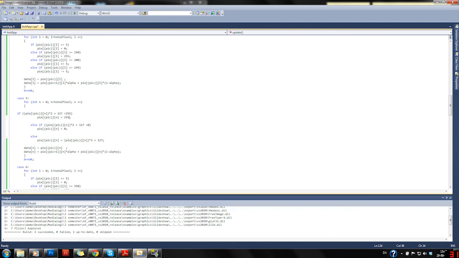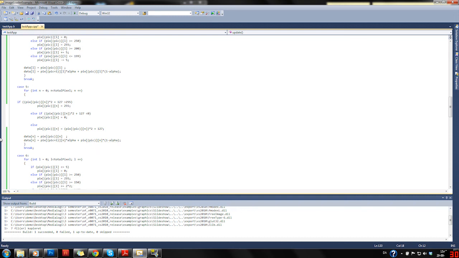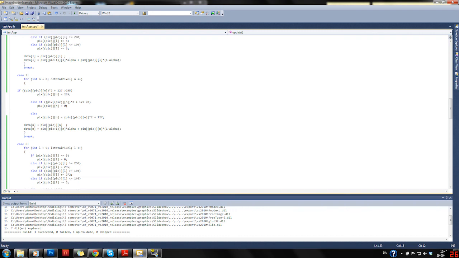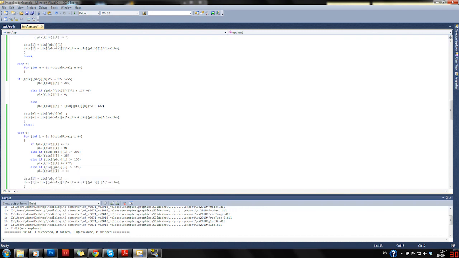And if it doesn't, then it will do it anyway due to the else statement here. And then we just print it out, and we have this alpha blending again. So we really feel that it was fading from white to the next picture,